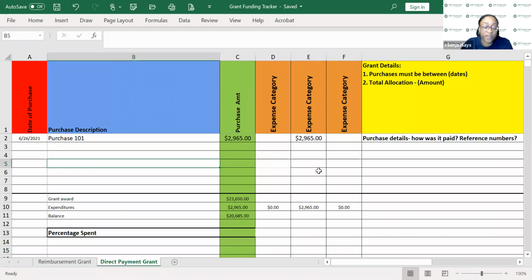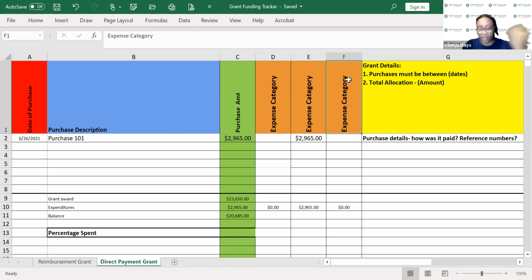Now, if you have a direct payment grant and small businesses, if you want to do this for the PPP, you are more than welcome to do so because you have to keep your records. If memory serves me correctly, I think 5 or 6 years. So it would be really good to go ahead and save this stuff, especially if you're using payroll and non-payroll expenses. I'll have payroll here, non-payroll here, or if you want to keep it more detailed, wages, taxes,